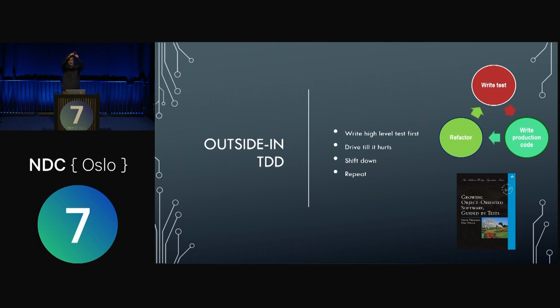And then you might not get exactly the pyramid shape. You might get something bulging out in the middle, with fewer unit tests than the pyramid indicates. But that's okay as long as you actually get the confidence to deploy as often as you need, which is often with microservices.